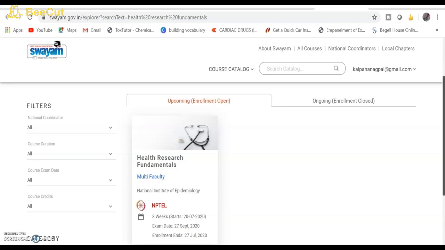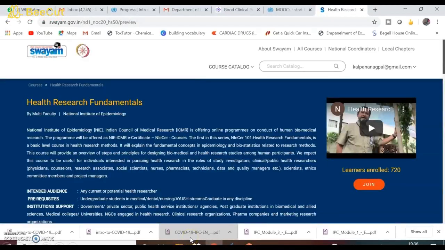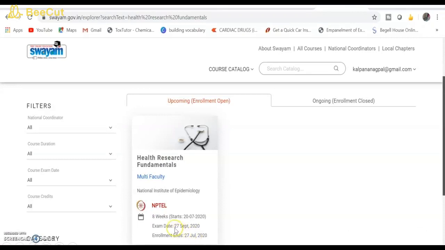Okay, and it's an 8-week duration course which will start on 20th of July 2020, and the enrollment will end on 27th of July 2020. That means you cannot enroll yourself beyond that particular date. Okay, so the exam date will be 27th September 2020, which has been announced on the SWAM portal.